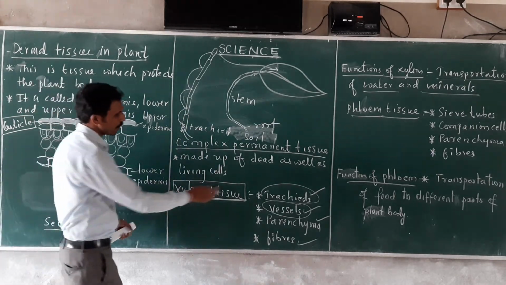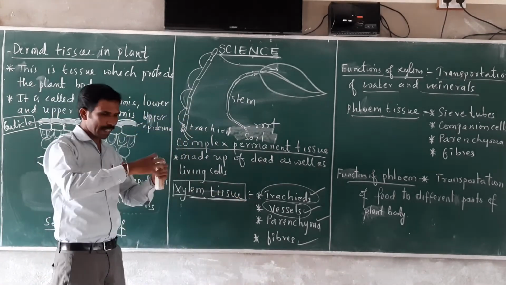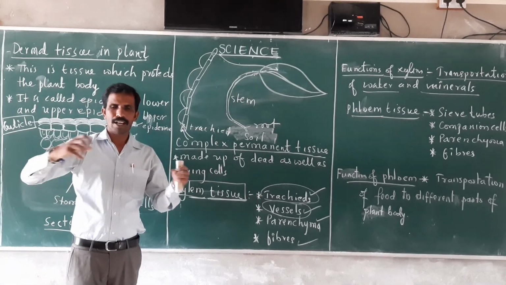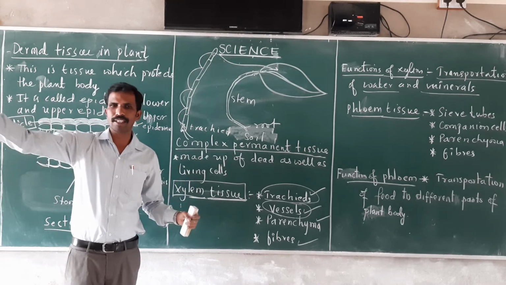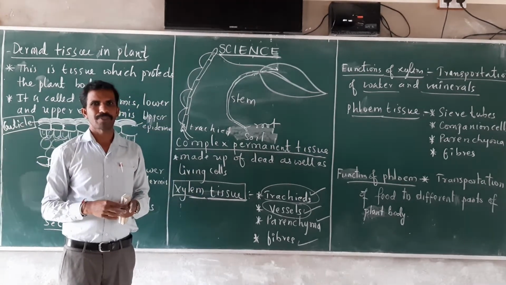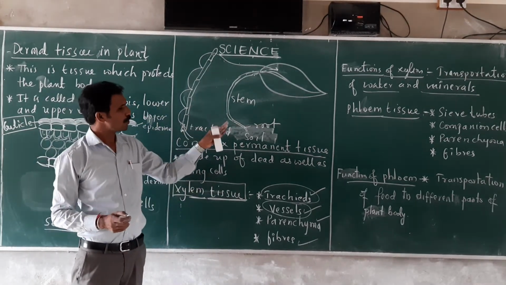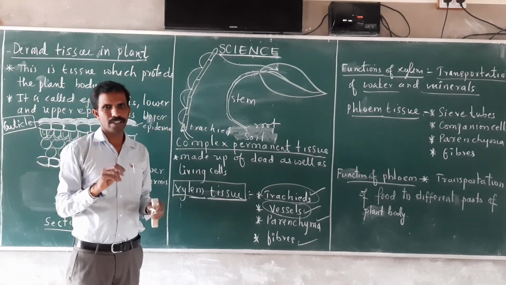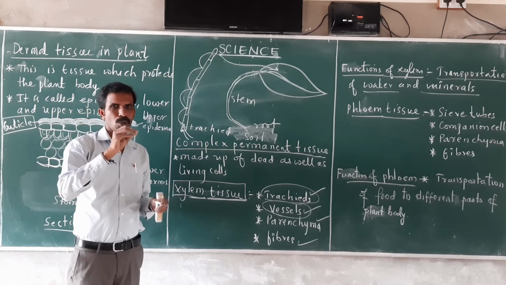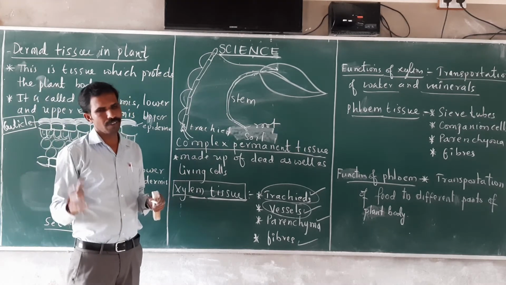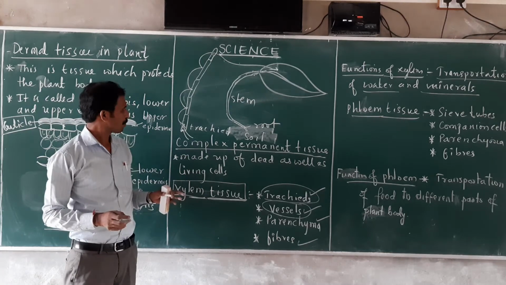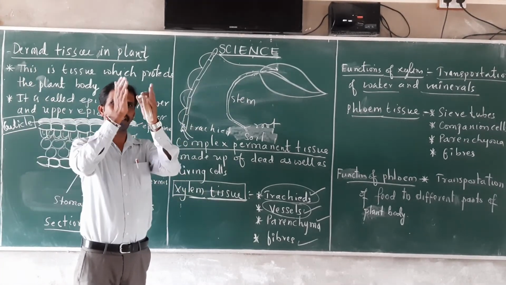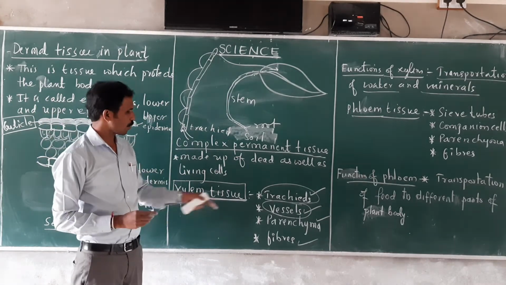See, these tracheids and vessels are joined one to one, and they form a long tubular structure where it carries the water. This is how the tracheids and vessels help in the conduction of water, the transportation of water from the root to the leaves, or from the soil to the leaves. They form a long chain-like and tubular structure. The water is carried over there.